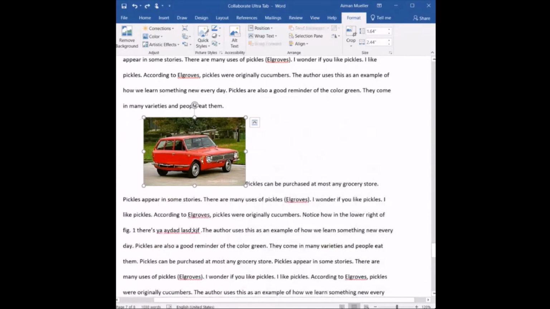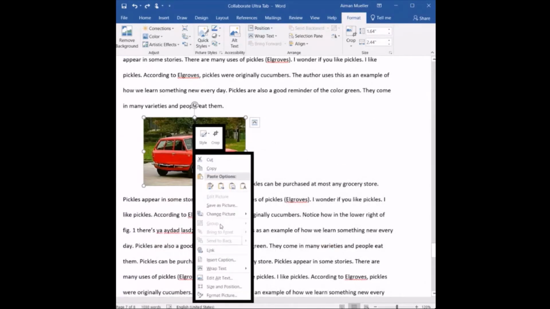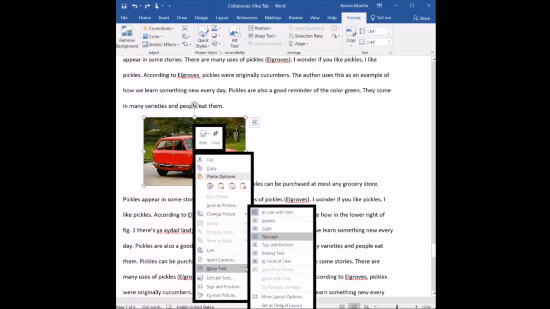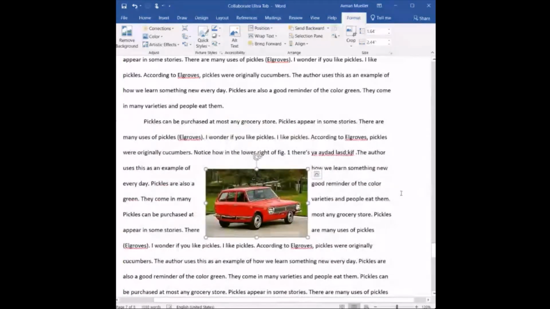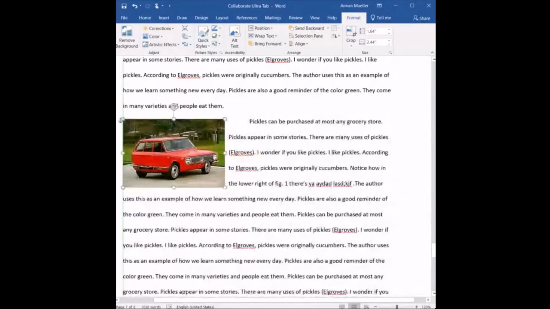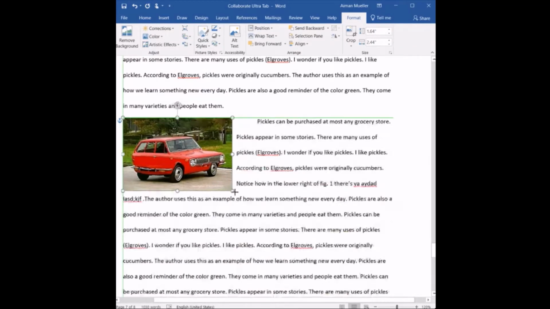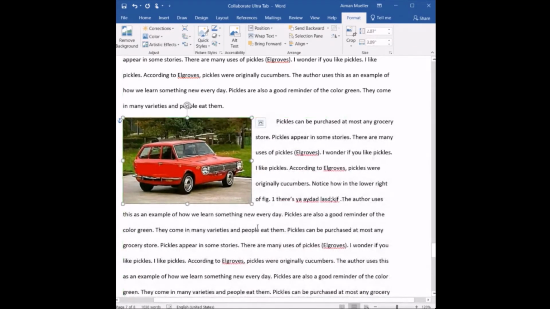I'll undo that and do it again. So right click, wrap text through. And then you can plop it in the middle if it looks good that way, but generally speaking, I feel like, use your own artistic sensibilities, but generally speaking, you want it big enough that I can see the level of detail you want me to see for what you're going to use it for, and that